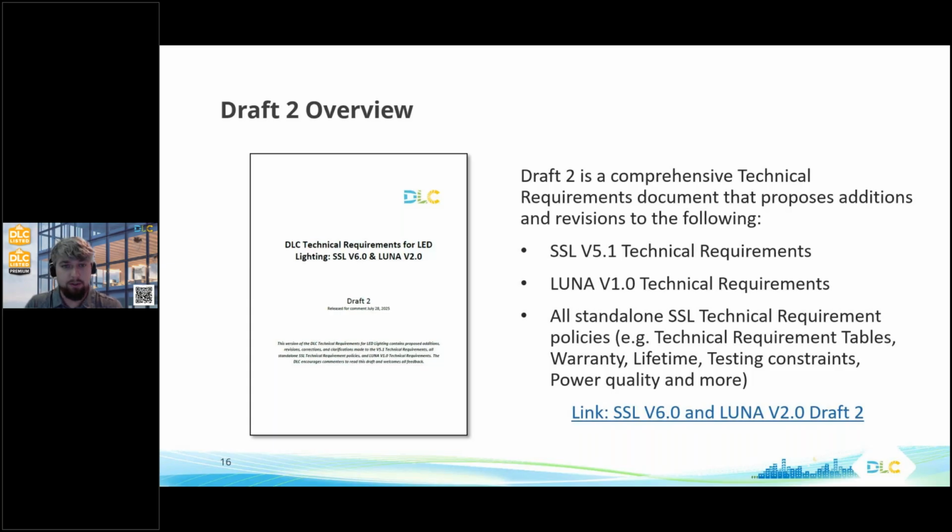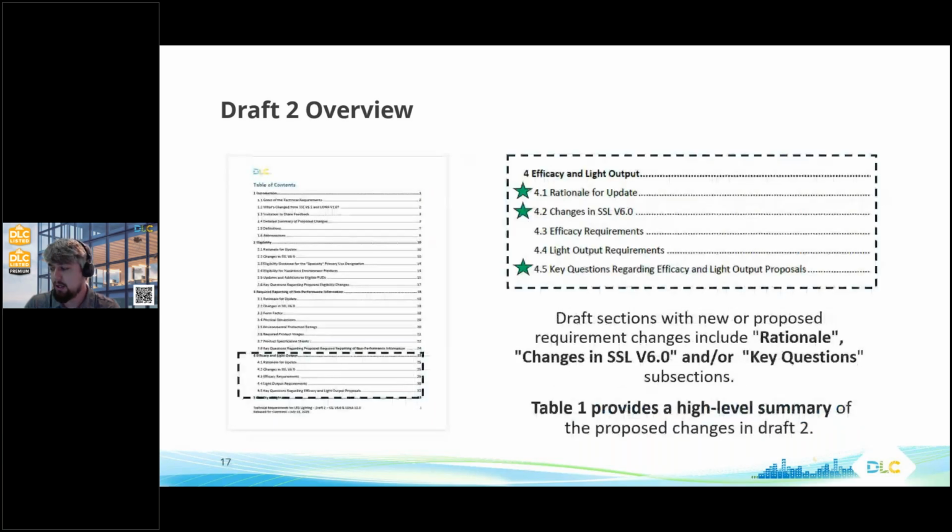So now that you're a little bit familiar with the DLC technical requirements for LED lighting document for SSL version 6 and Luna version 2.0, let's take a look at how you can more easily identify the changes within this document. Looking specifically at the efficacy section within the table of contents in Draft 2,